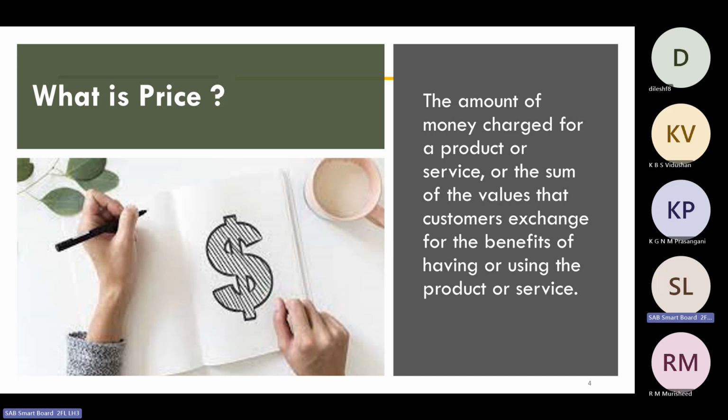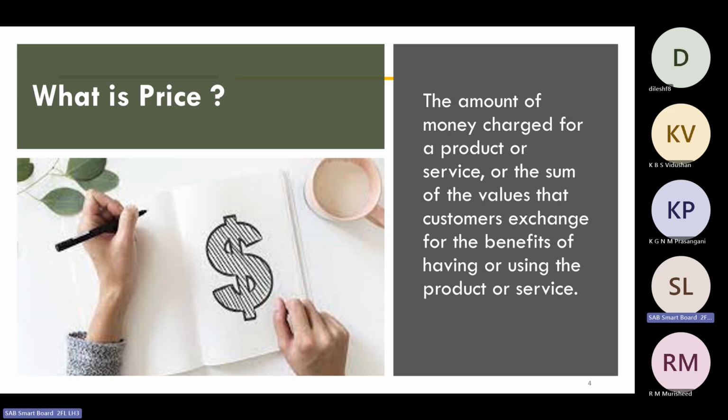So when we are consuming or having a product or service, we have to pay an amount. A simple example: when you are buying your lunch packet, you need to pay for it. That is what we call the price. What are the different forms of price? Like product, we have experience, idea, event. In the same way, we may have different forms of prices. What are the different terms we use for the prices we pay?